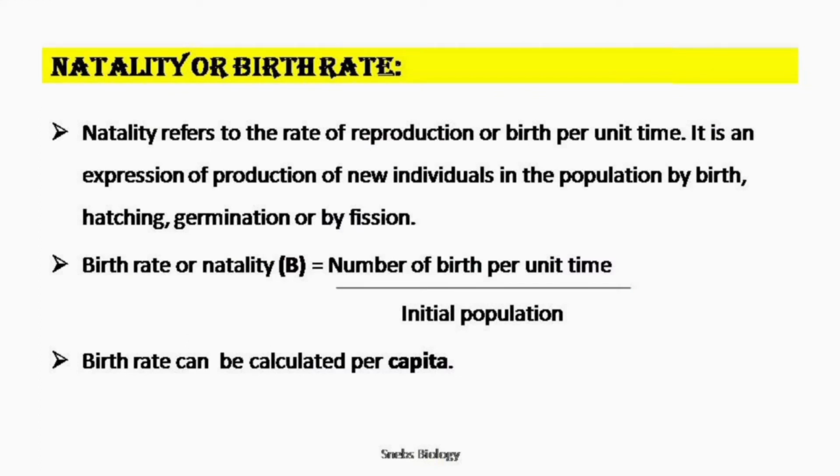Now here when we say it is a population attribute, that means birth rate and death rate would be talked about only when you are talking about the population. But if you are talking about an organism, we just use the word birth or death. So it is birth of an organism or death of an organism. Birth rate in a population and death rate in a population. Okay, so how are we going to calculate this rate?